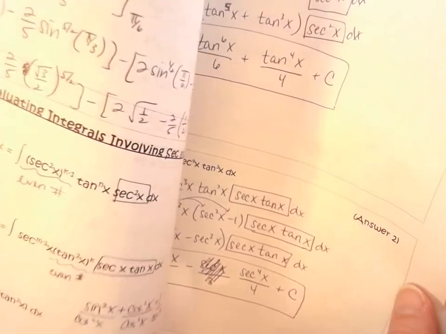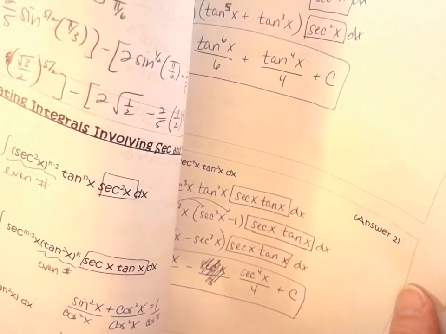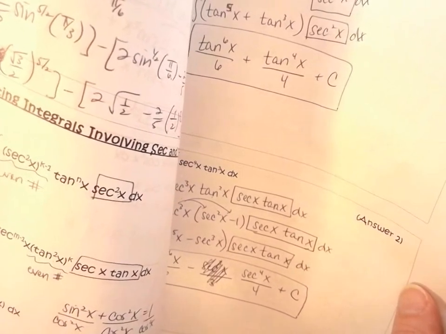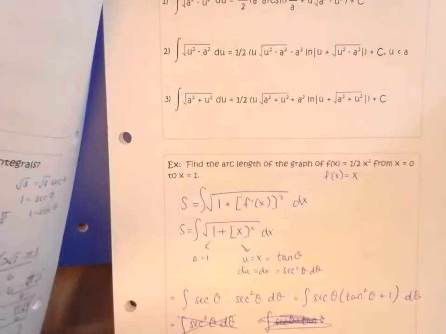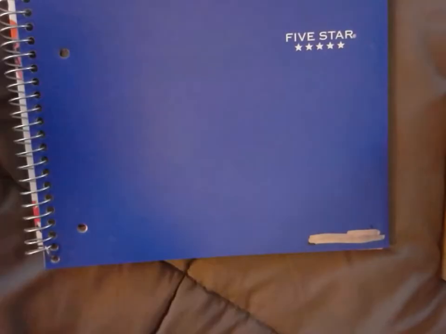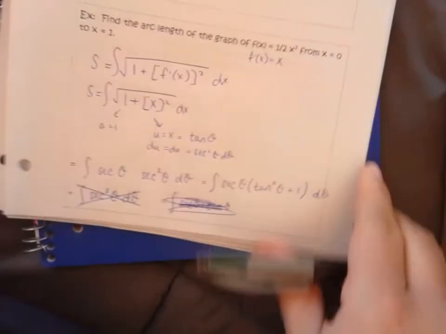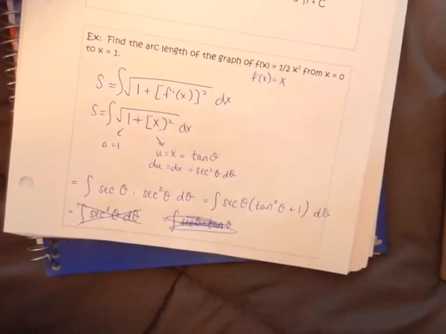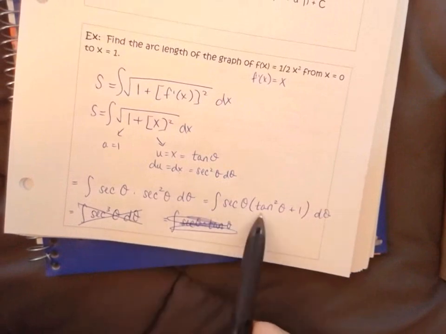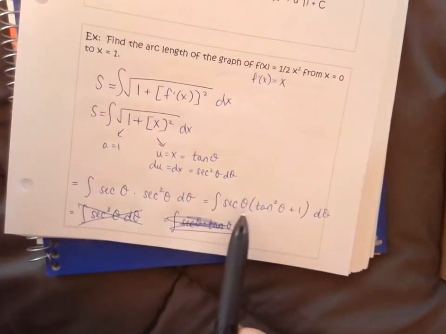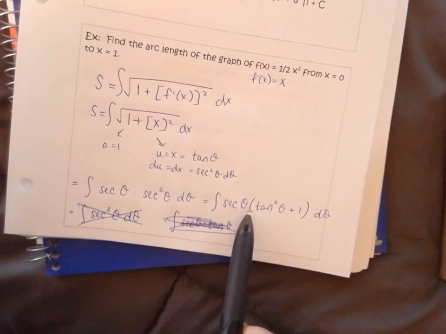It mentions if you have an odd tan, and it mentions what you do if you have all tan. So let's brainstorm. Secant cubed would be secant tan squared tan